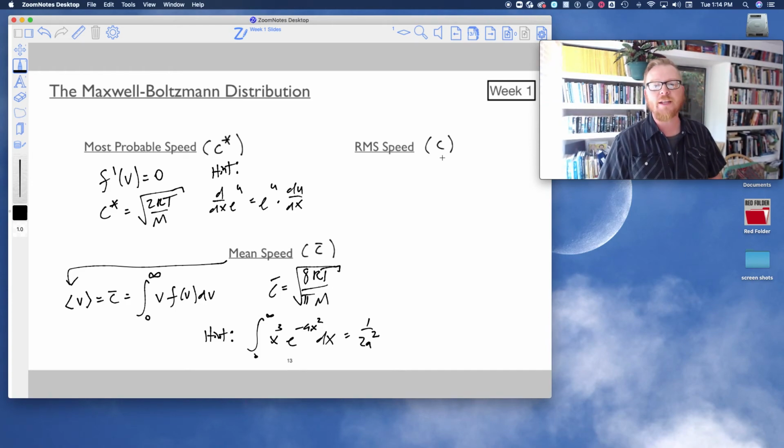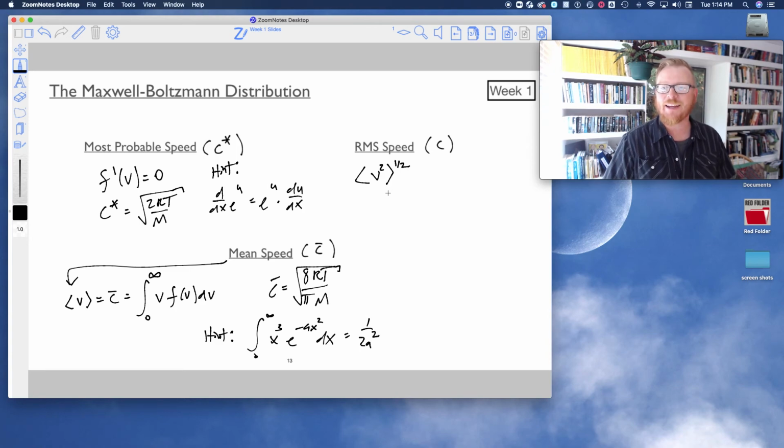And then finally, the root mean square speed is exactly that. It's the root of the mean squared. So I can write that as the following. The brackets mean the arithmetic mean, squared, and the root. So the root mean squared. And so that equals C, which equals, very similarly to the mean that I wrote here,